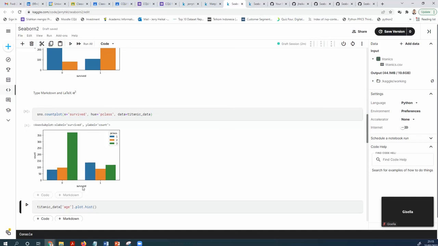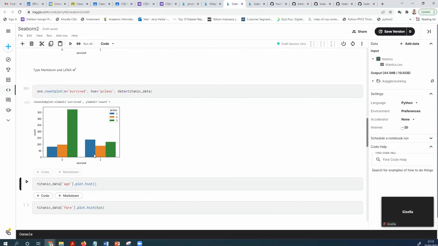So passenger class 3, a lot of passenger class 3 did not survive in the Titanic. And passenger class 1, the VIP, a lot of them survived in the Titanic's disaster.